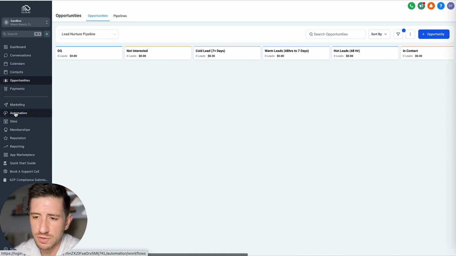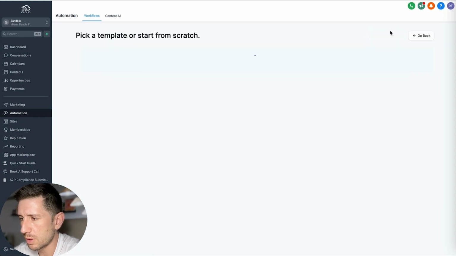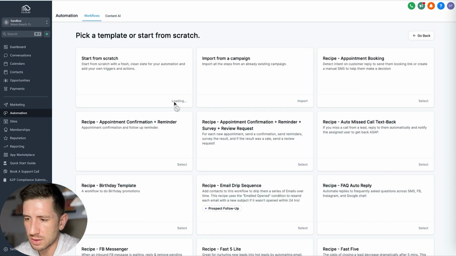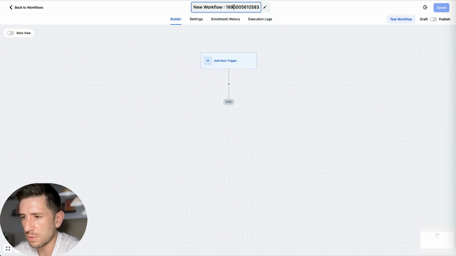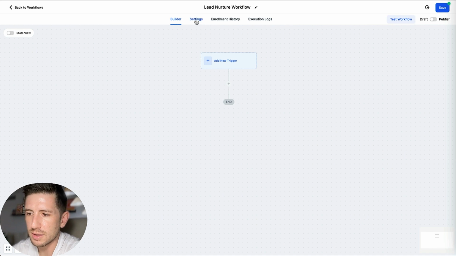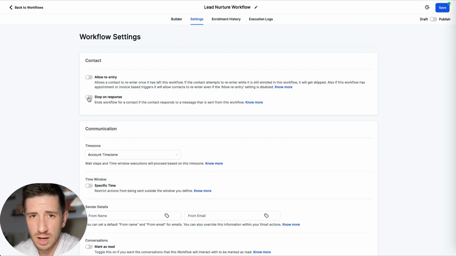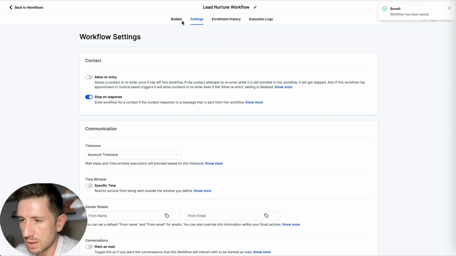Next, we're going to start with our automation. So let's go to automation, create workflow, start from scratch, click continue. And from here, we will call this our lead nurture workflow. Cool. So some basic things that I like to get out of the way is go to settings. I want this to be a stop on response, because when I'm reaching out to leads, if they respond to me saying they're not interested, I want my text messages to stop automatically for me. That way I don't have to manually take them out of each workflow. And I do not want to allow re-entry, so let's go ahead and click save